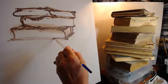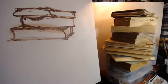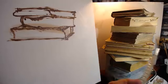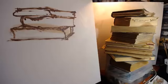So the canvas has got quite a nice thing across. I'm just going to put another dollop of water in there. And there's something quite wonderful about putting a dollop of water into an oil paint. It's just quite nice. Again, this is quite an old paintbrush, so it's getting a bit of...